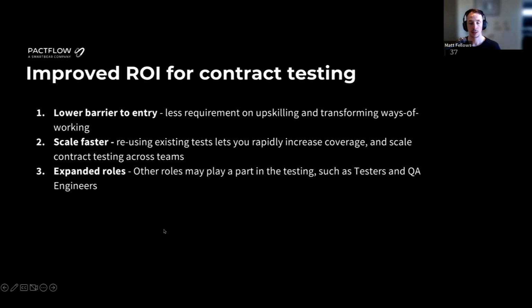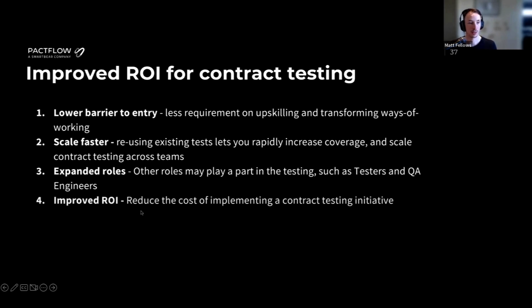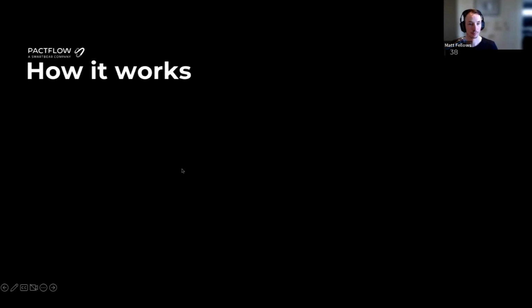And the third one is it actually enables more team members and roles to get involved. So Pact is very much a developer tool. It really is mostly used by developers in a unit testing context. But this type of testing can be done in a black box kind of style. So that does mean that it expands beyond developers into QAs and SDETs and so on, who may not have access to the code, but can still perform testing that gives us the level of comfort we need to give us confidence to deploy. And so if you do all those three things, it's clearly going to improve the ROI for your contract testing outcomes.